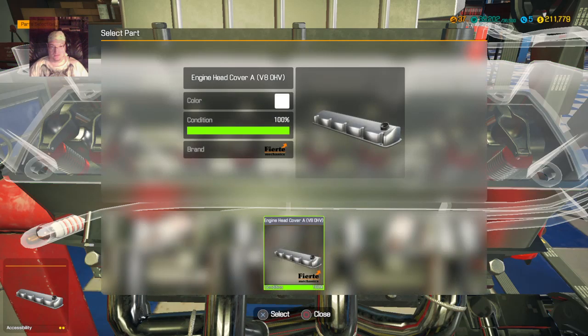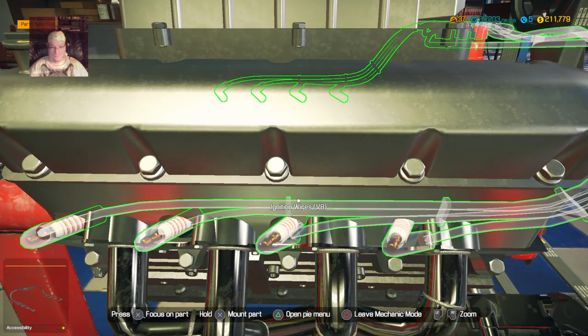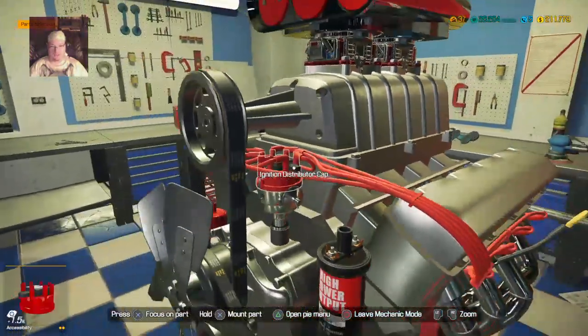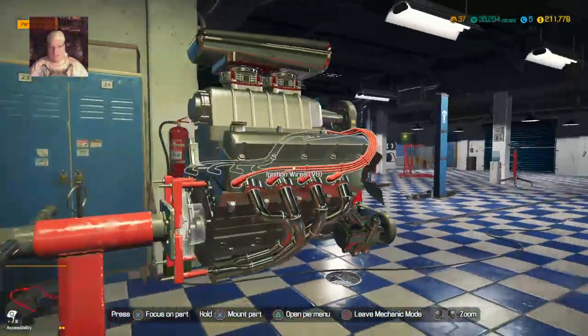Okay. Get the other cylinder head on. And then we'll put the nice performance wires. Very nice. And that whole thing is all wired up. The only thing that should be left is...